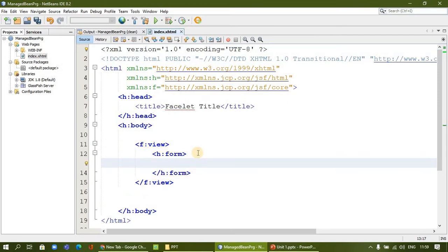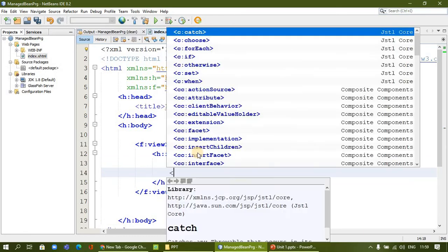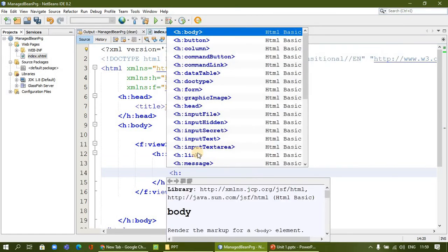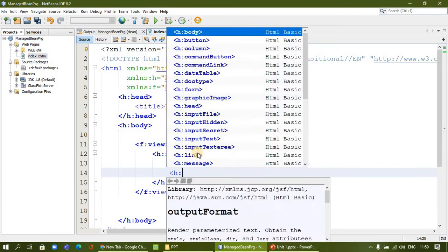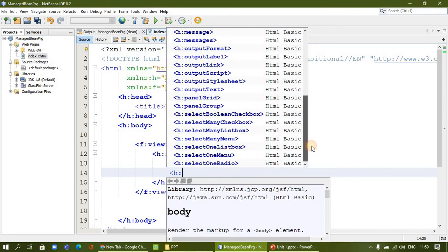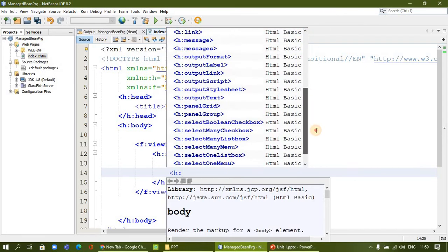Inside this, I am planning to get, for example, the username and phone number, any person's name and phone number. So I say enter the person name, and I will get input. I will use the input tag. If you press I, that is input, and all input tags are shown. You say O for the output tags. Otherwise, you just put a colon, and you can find all the tags. So you can also easily find them.